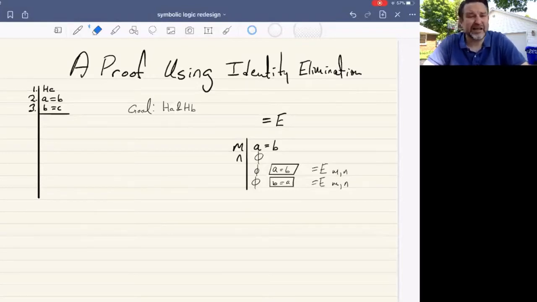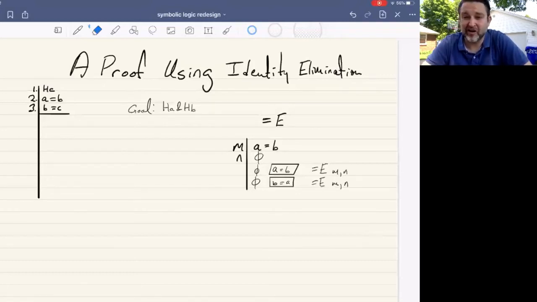So identity elimination is a rule that allows us to replace some constant with another constant when we know that those two constants name an identical object. According to our system, sometimes a single object can get two names. And so our identity relationship is the relation that obtains when two names name the same object, when A is identical to B, okay? Sometimes this may not be known to us, so you may not know, for example, that